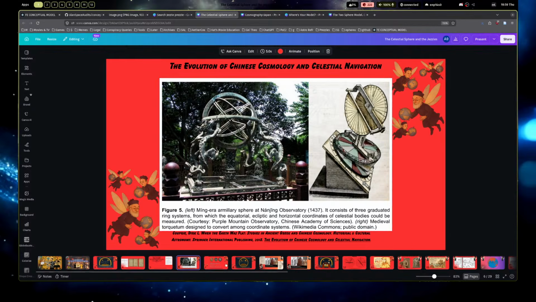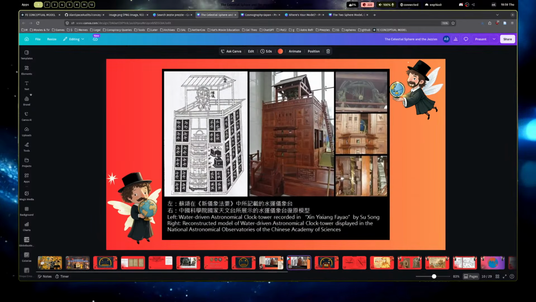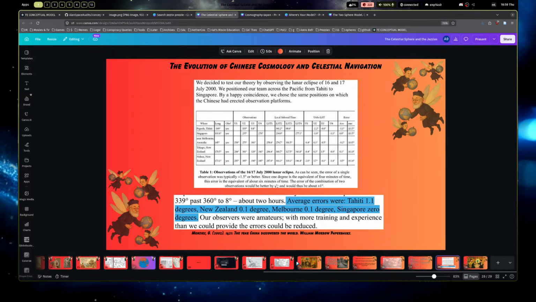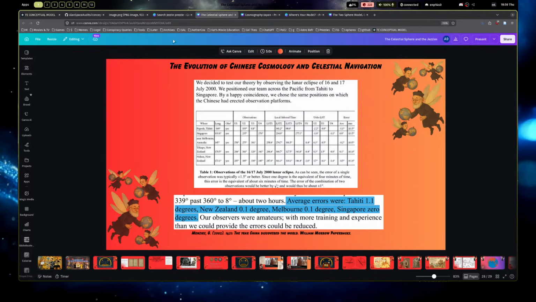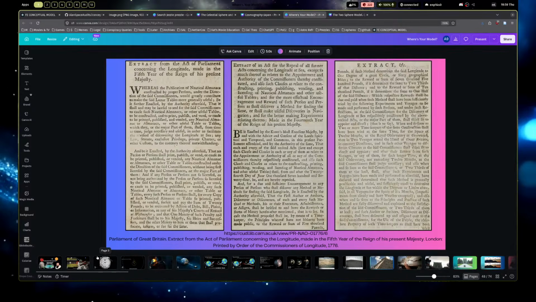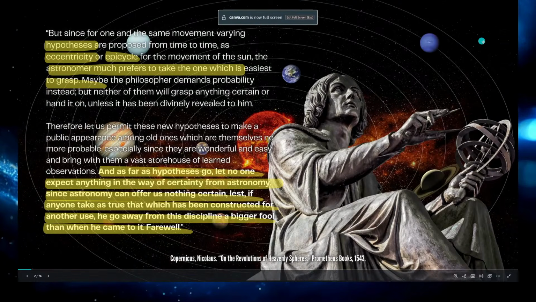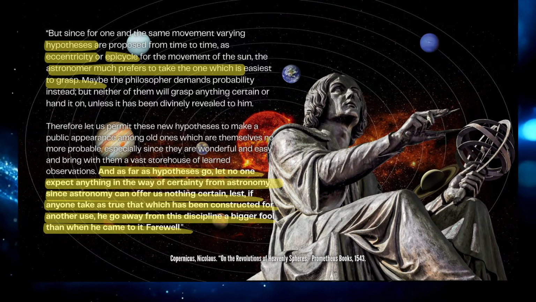Thought I had some good armillary sphere pictures. One of the dankest quotes is this Copernicus quote where he says, "So far as hypotheses are concerned, let no one expect anything certain from astronomy which cannot furnish it. Lest he accept as truth ideas conceived for another purpose and depart from this study a greater fool than when he entered it." I mean, holy shit, coming from Eddie Heliocentric. Dude, that's one of my favorites. That's a good one. He told us exactly what it is. It's a conceptual model, boys. Relax. That was Copernicus.